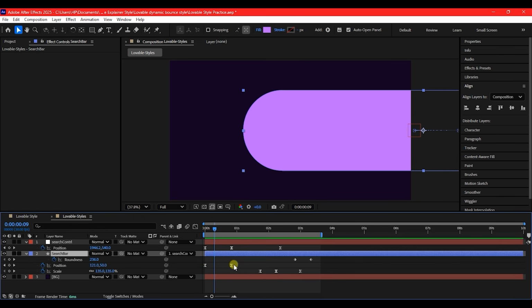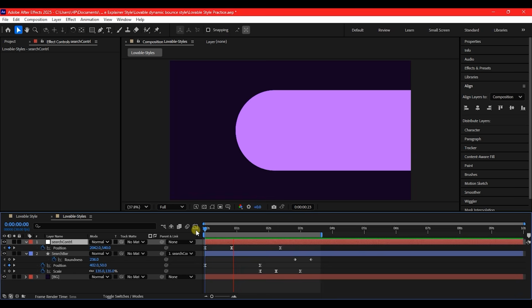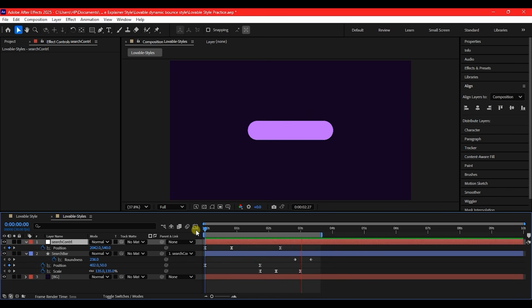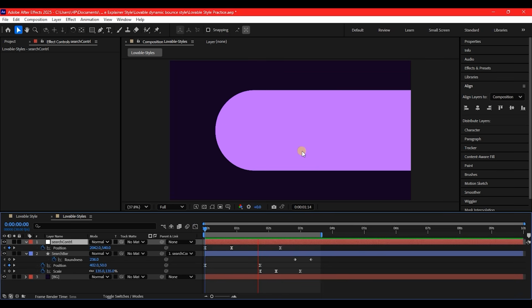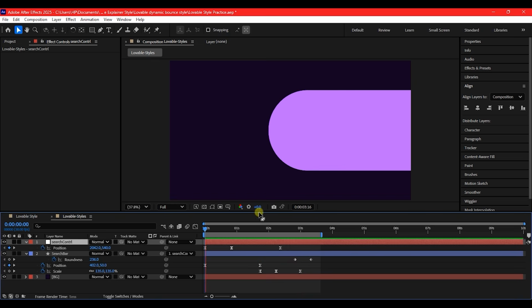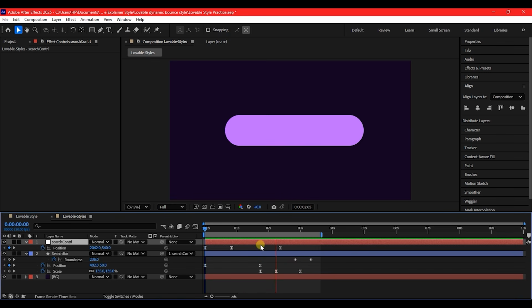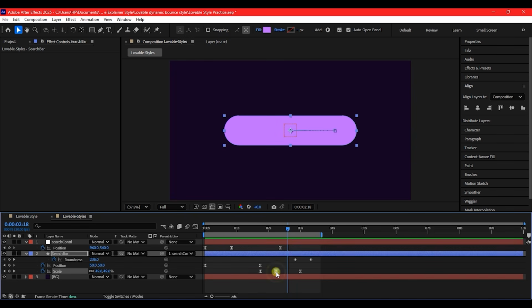So what we need to do is to take this position keyframe for the shape layer and move it further. Even though everything is still fluid the way we want it, I can still see some irregular movement. Even though we want the bouncy movement, it shouldn't be very obvious. So now, the problem here is that this scale keyframe is not aligning well with this last position